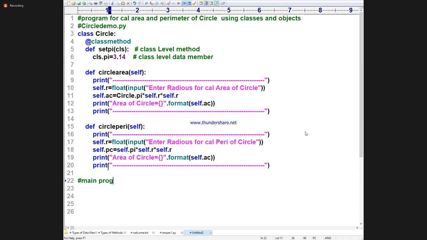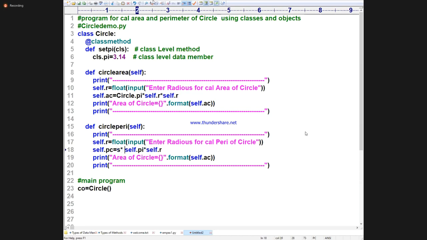What is the main program? CO is equal to circle of. So, 2 pi r, 2 into pi, self dot pi into r.